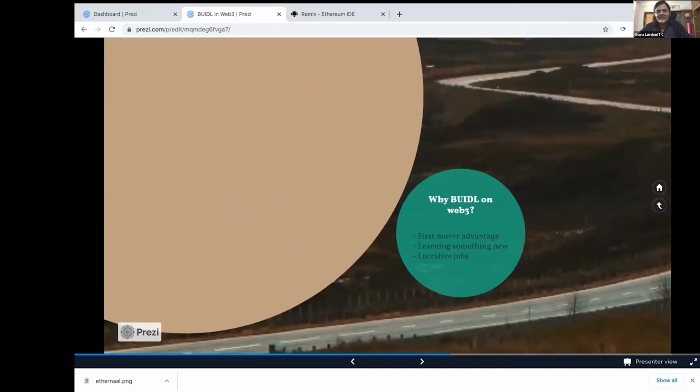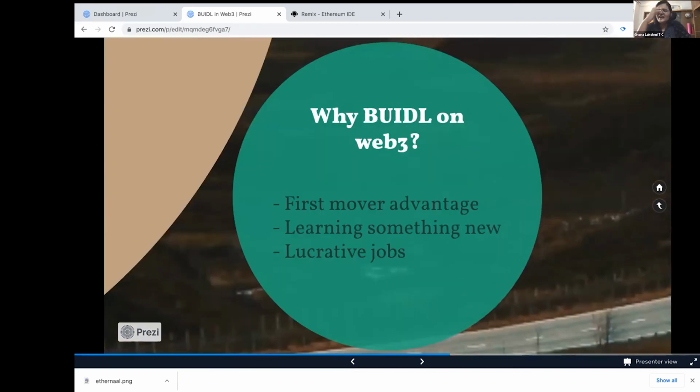Now the why, again, can go into a longer conversation, and could also get a little bit philosophical sometimes, about why people should actually come to the web3 space and build. I would just say some of the very first things that come to the top of my mind. Definitely first mover advantage, right? You have the first mover advantage if you are building right now in this space, right?